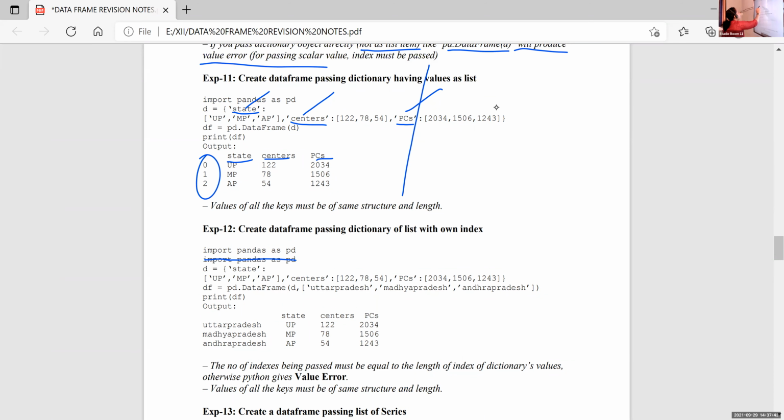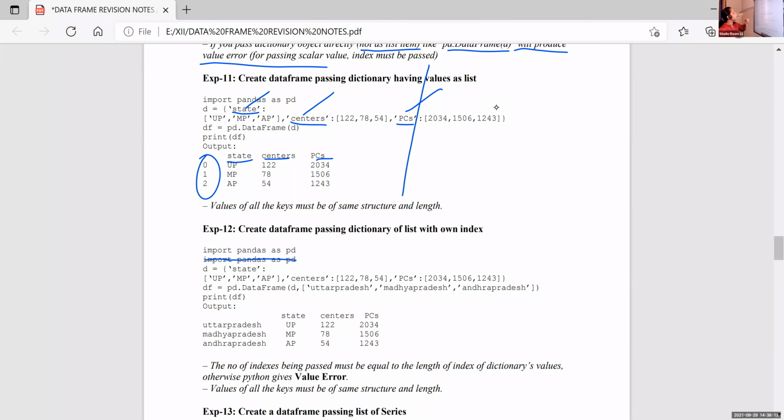I will create pd.DataFrame within brackets D. Here there is no need of square brackets because we are using multiple values, or a list, as data values. Only at the time of a single scalar value do we need square brackets.